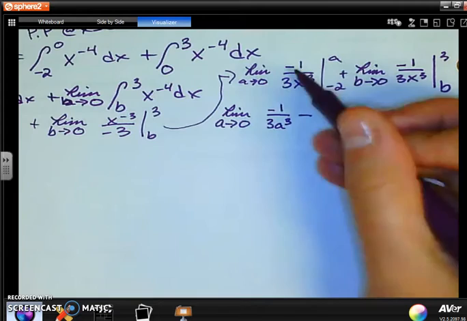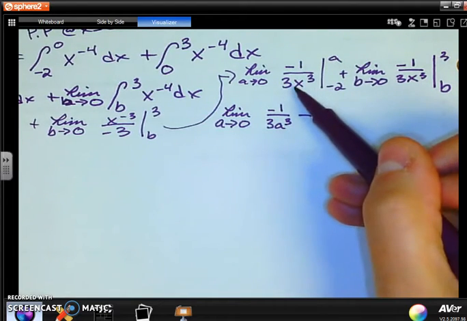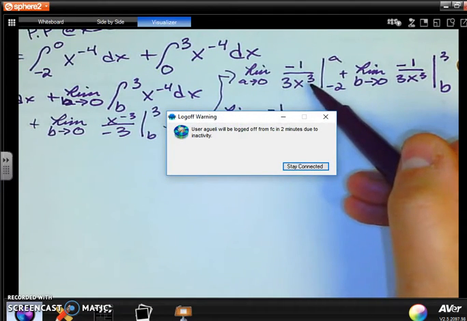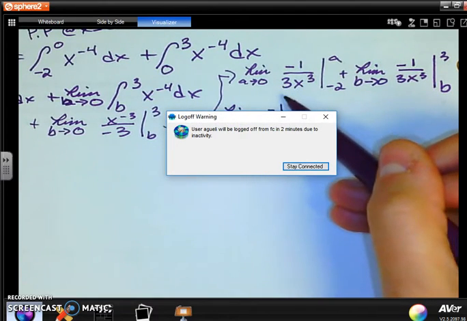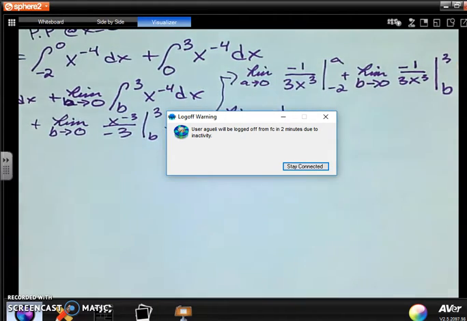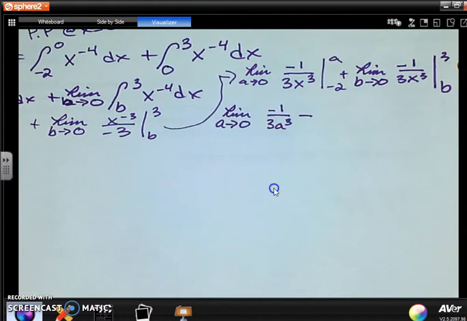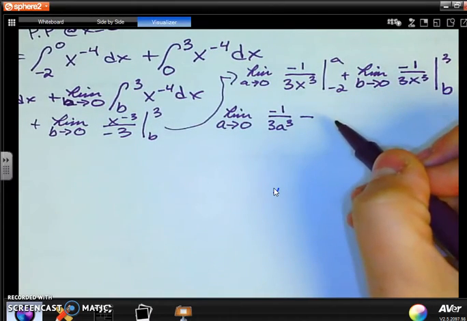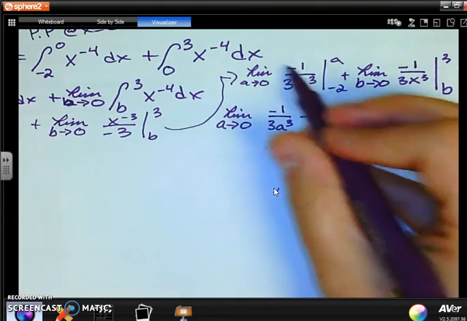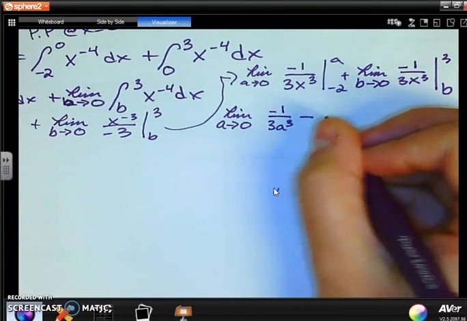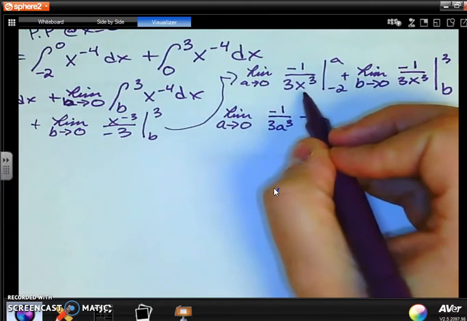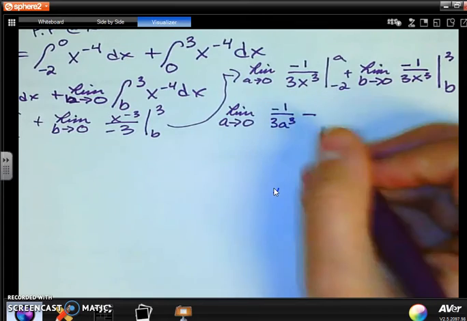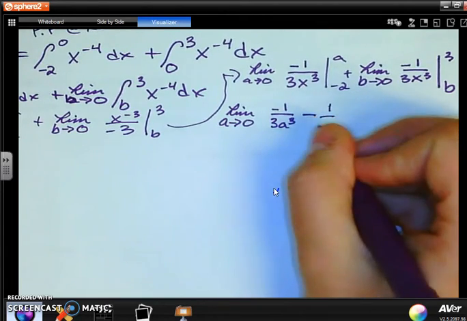Now I'm plugging in -2. Careful, -2 cubed, right? So that's going to be a -8. -8 times 3 is -24. It'll still be negative, right? Because you have this -1 divided by a -24, which is positive, but this is a minus. So we've got that,